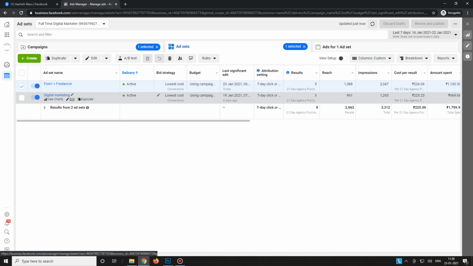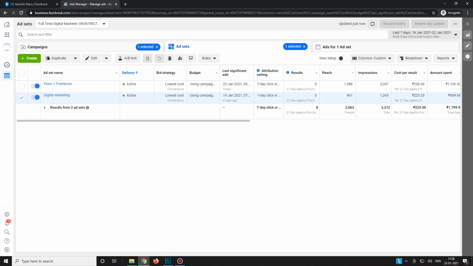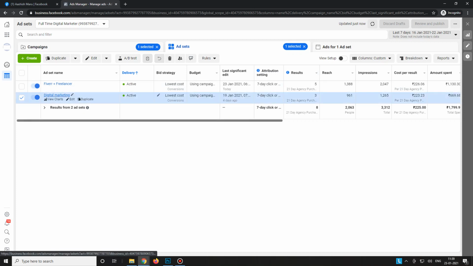Okay, one more thing, if you are targeting competitive keywords like this, make sure your ad creative and your ad copy are at the highest level, because most of the time if your ad copy sucks, your result will also suck. You cannot blame the interest for not working. It's your ad copy, your ad creative, maybe your landing page, I mean the sales page. So it's all about the ad creative, ad content, ad copy, copywriting, all the stuff which matters to get results from this kind of interest, right?